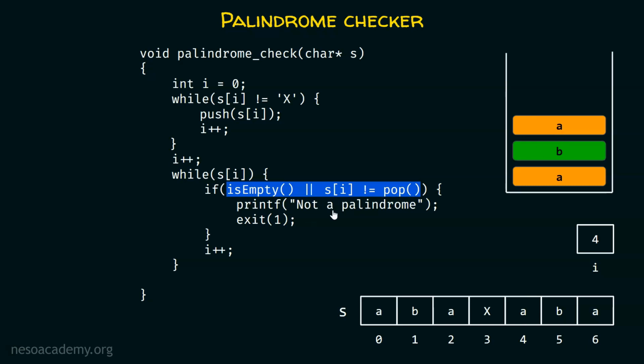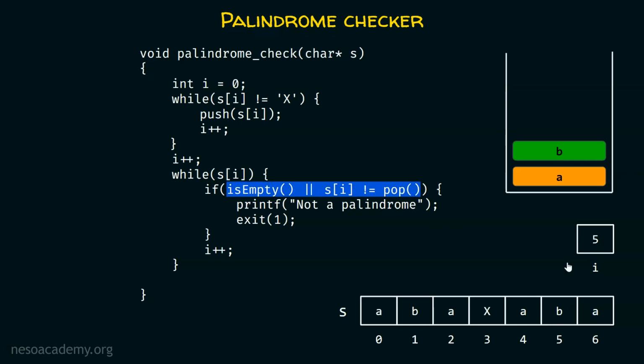Hence, this message will not get printed on the screen, and obviously this element will get popped out of the stack, right? After this, of course, we will evaluate this line of code, that is I++. This becomes 5. Now we'll again check this. So, this is true. We'll get inside.